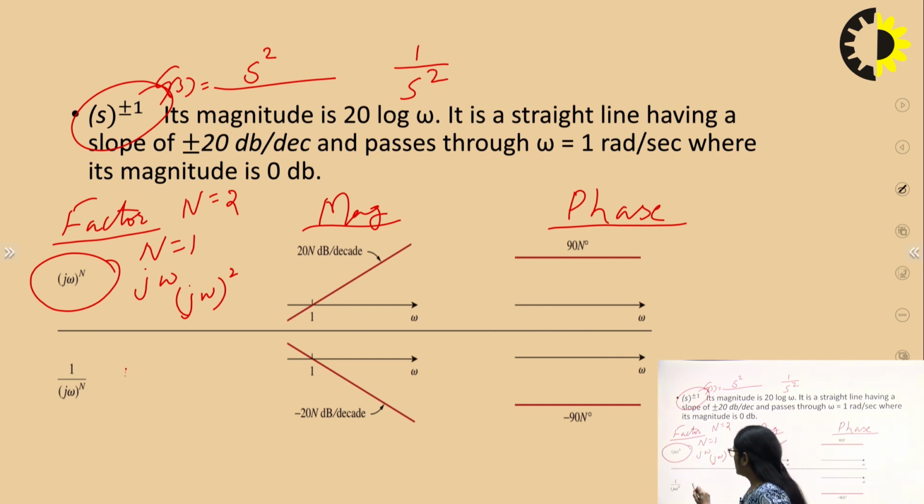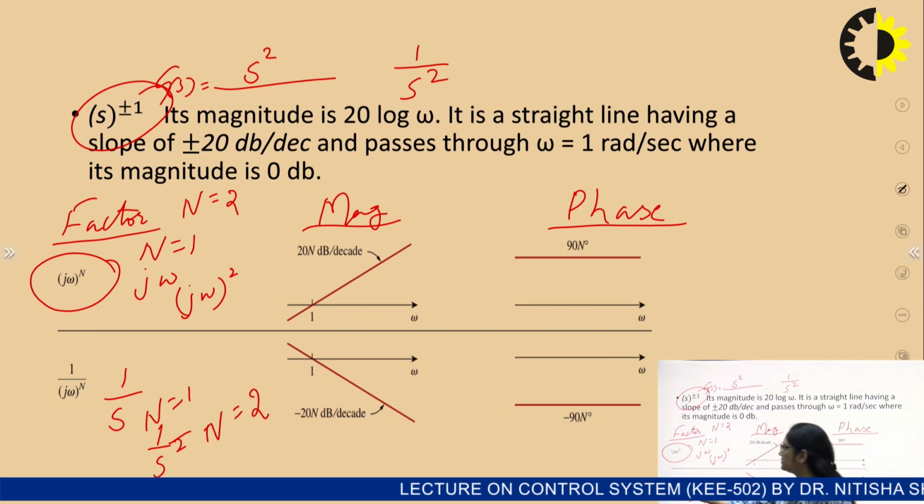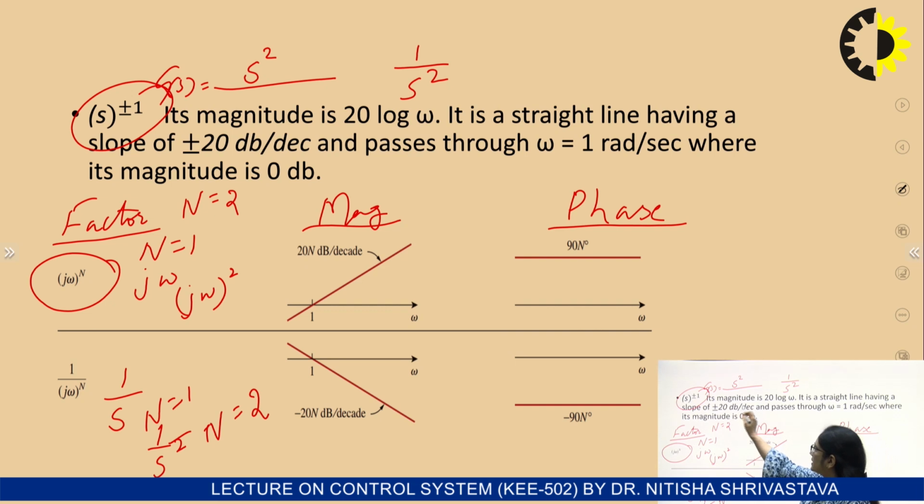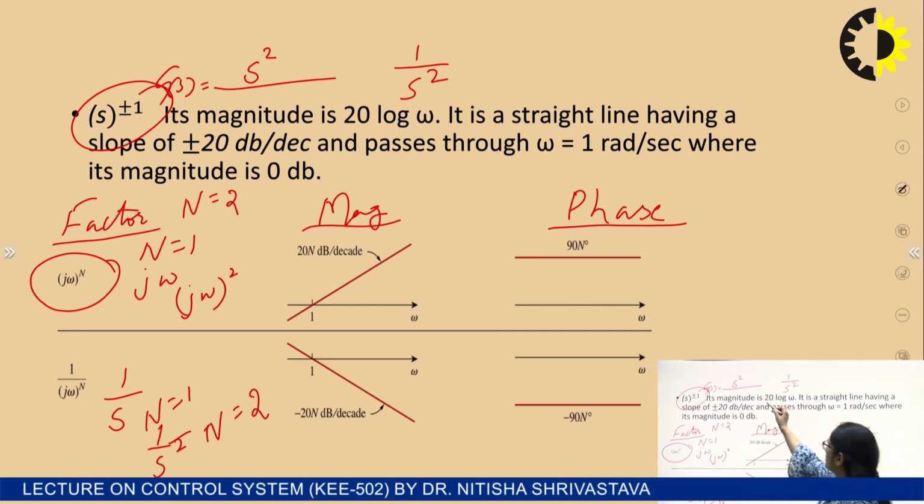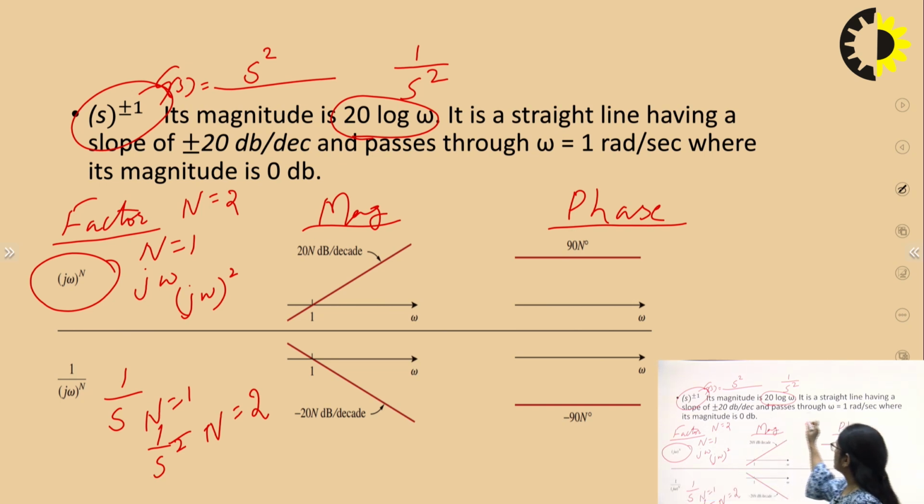Now regarding the poles, if you have 1 upon s, that means n is equal to 1 here, and if you have 1 upon s squared as the transfer function, then in this case n will be equal to 2. So this n represents this. Now the magnitude is 20 log omega. The magnitude will be 20 log omega and it is a straight line having a slope of plus or minus 20 dB per decade and passes through omega equal to 1 radian per second, where its magnitude is 0